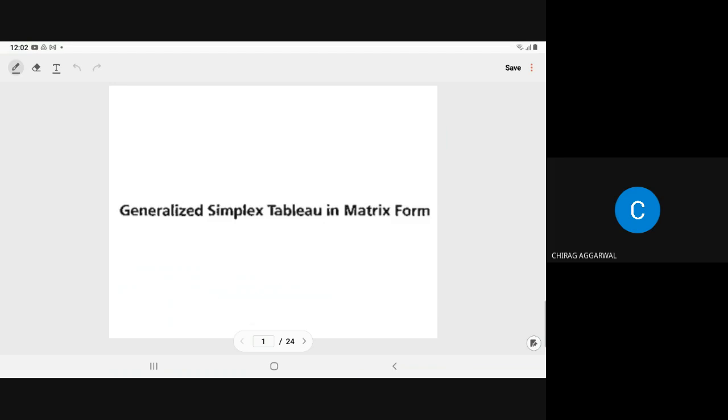Welcome to the next lecture of Math F212 Optimization. Presently, we are studying the simplex method, or simplex algorithm. In the last class, we completed special cases of the simplex method. Today, we will study the simplex method in matrix form. It is absolutely the same as whatever we have studied till now, but in matrix form. We have a system of equations, and you know that a system of equations can be solved using matrix form. So using that concept, we will revise the simplex method in matrix form.